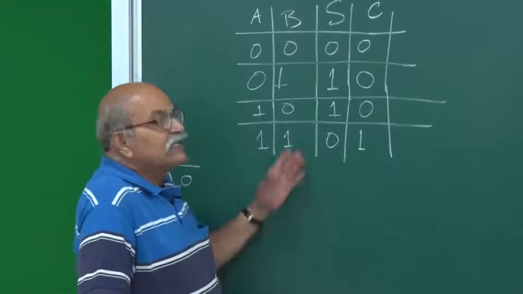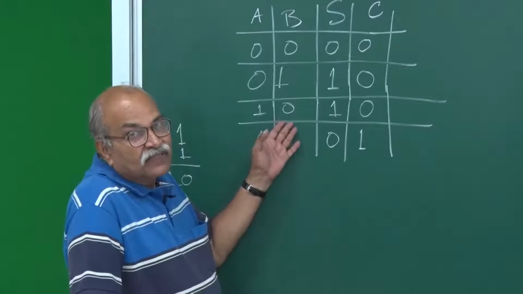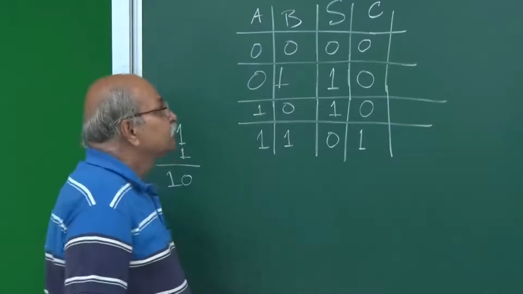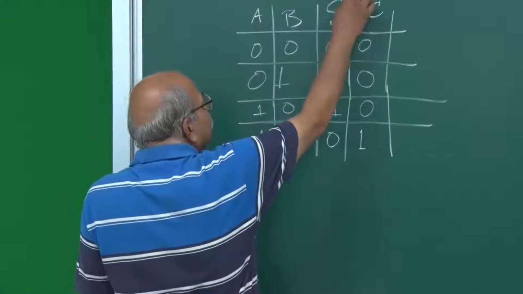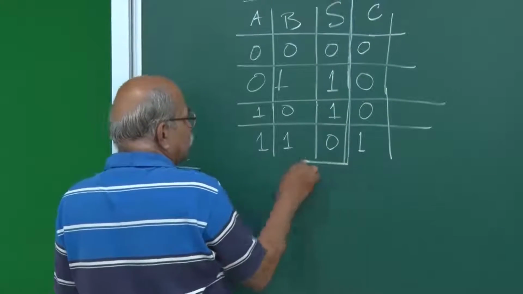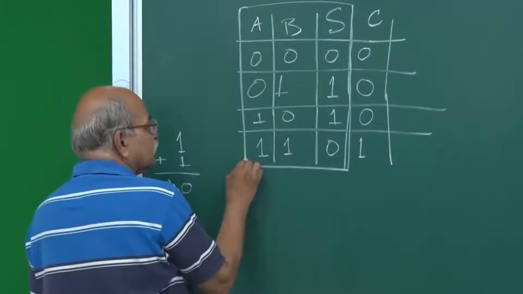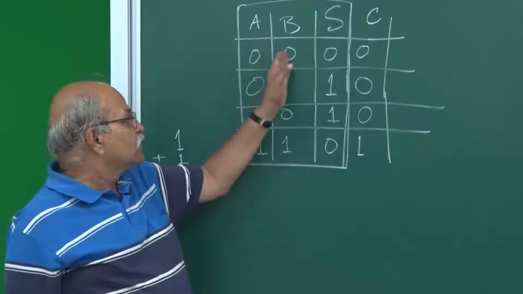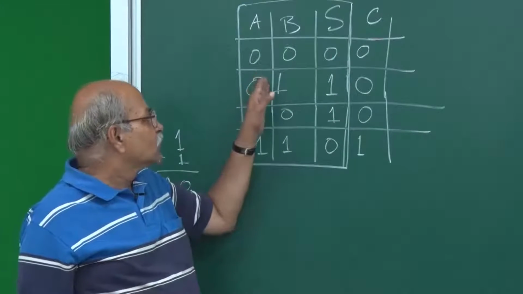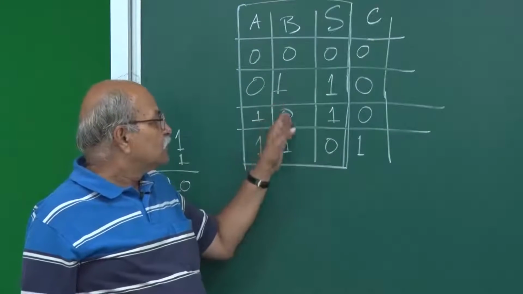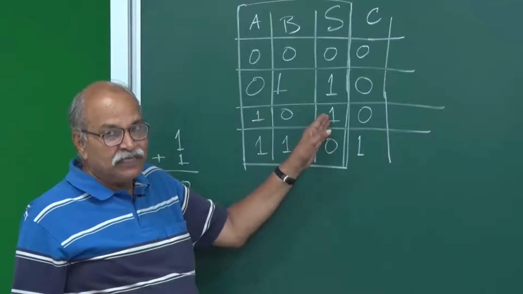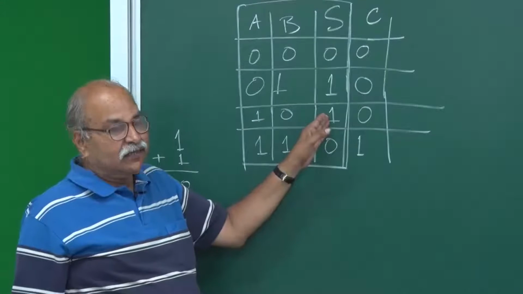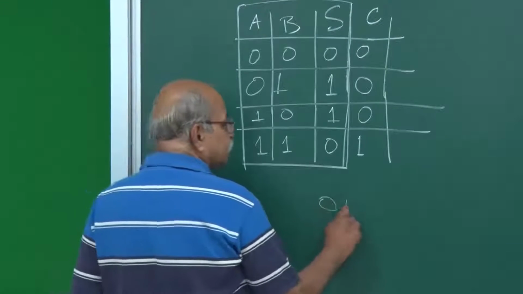Now, how to implement that? How to get a digital circuit which can do this? If you look at this part only, one output. So, two inputs and one output, and the truth table is 0 0 gives you 0, 0 1 gives you 1, 1 0 gives you 1. Up to here it looks like an OR gate, right. In the OR gate the truth table was